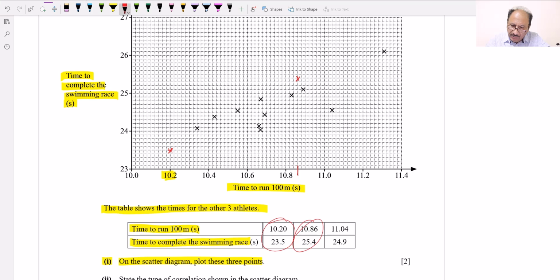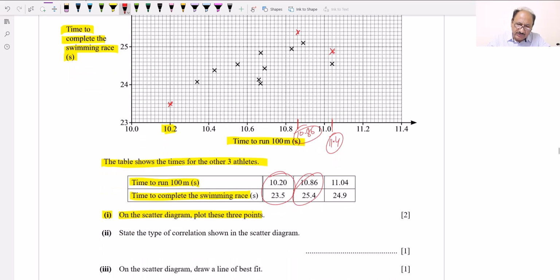Then 11.4 will be this one, and this was 10.86. I'm writing for your understanding. And then 24.9, so 24.9 will be this point which we have. So we have indicated all 3 points, and then the next question part is the second part: